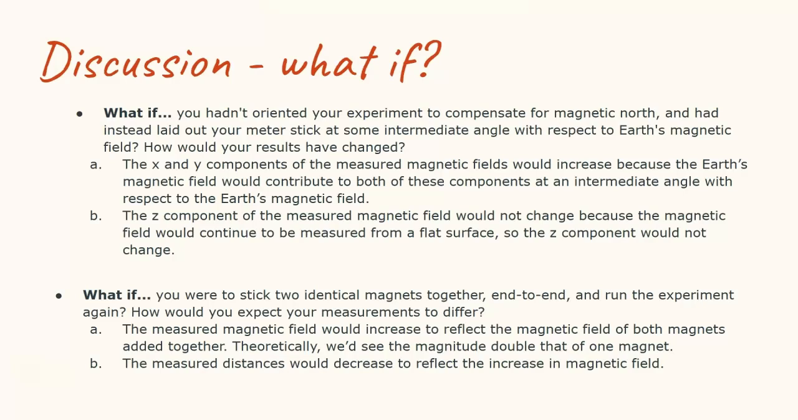If we were to stick two identical magnets together end to end, the measured magnetic field would increase to reflect the magnetic field of both magnets added together. This means that we would see the magnitude double that of one magnet. And the measured distances would decrease to reflect the increase in the magnetic